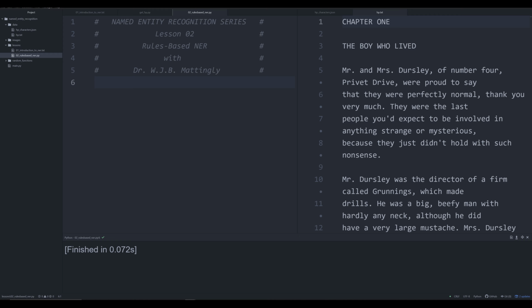In this video, we're not going to be dealing with machine learning at all. We are going to be dealing with what is known as a rules-based NER method by making a gazetteer and trying to come up with a rules-based method to extract all of the named entities in Harry Potter on a line-by-line or sentence-by-sentence basis. And so what I've done here is I have a collection of data that I don't